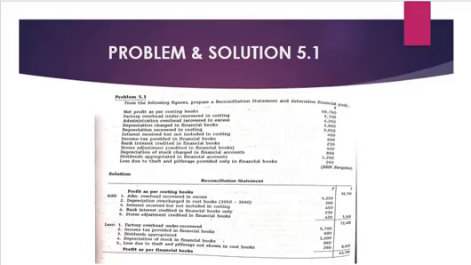So as I told you, you may be either given both the profits, the profit as per costing books as well as the profit as per financial books, or you may be given any one of the profit. If you're given both the profits, then it becomes easier for you to understand whether your problem has been solved correctly or not, because when both the profits are given, then obviously it should match with one another. If only one profit is given, then you have to start working out the problem using the profit which is given. So in this case, they have said net profit as per costing books is 66,760.